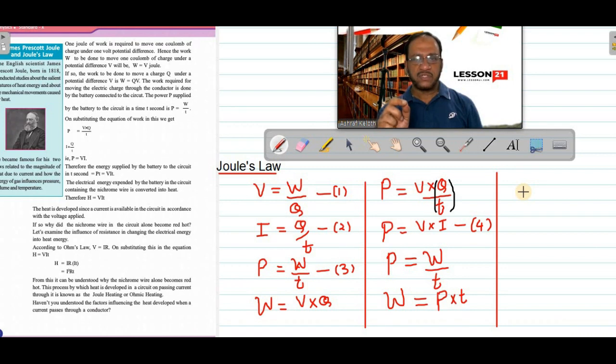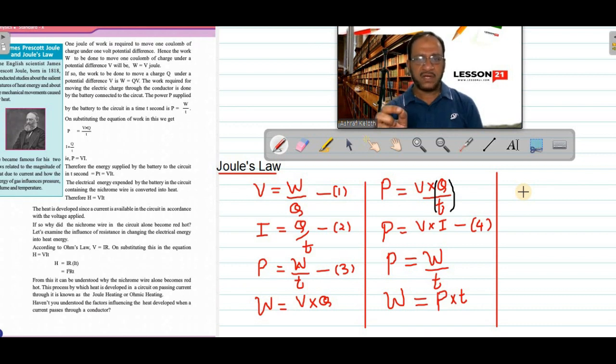For example, if you do some work, then only you will get energy. If you are not doing any work, you will not get energy, isn't it? Right now you are getting energy because your father is doing work. Suppose your father is not doing work, you will not get energy, isn't it? If a farmer is not doing work in the field, then we will not get food items, isn't it? If the farmer is not having food, he cannot do work. If a farmer does work in the field, we will get food items. If he is starving, then we will not get any food items, because the farmer is not doing any work.